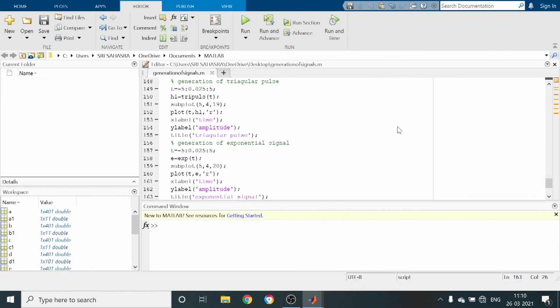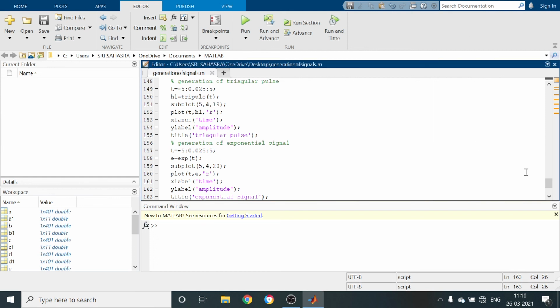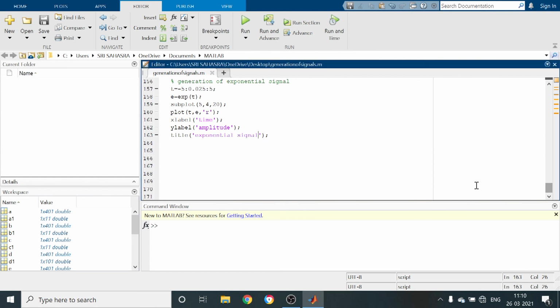So in this way we can generate the standard signals by using the MATLAB commands or by using definitions. Here we used a 5/4 matrix, so we can generate 20 plots only. If we want to generate more plots, we have to use another matrix size, or we can use the figure command also.